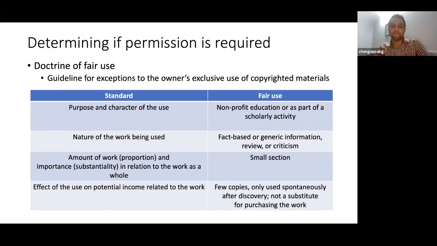Suppose there is a textbook that has just been published, and then you give it to a Xerox shop, a photocopy shop. You ask that individual to make 100 copies and sell it. So this becomes a major copyright violation because you're hitting into the actual publisher's market. So this becomes a problem, and there could be serious civil lawsuits as well as criminal lawsuits against you.